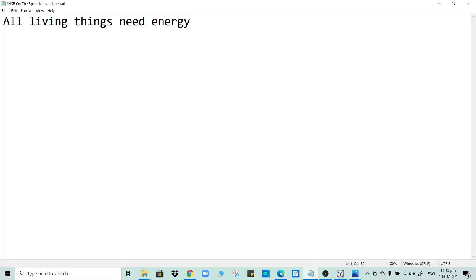So let's get a more technical term going here. I mentioned that living things like a dog need energy. So let's get a fancy word for making energy to sound like a biologist. I'm going to introduce a word, respiration, and that's the word there, respiration. Respiration is the process by which a living organism makes energy. So let's get a definition here. What is respiration? This is how living organisms